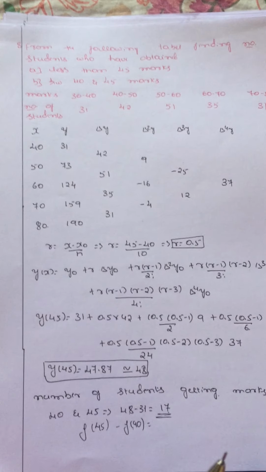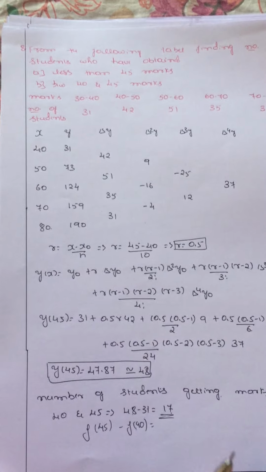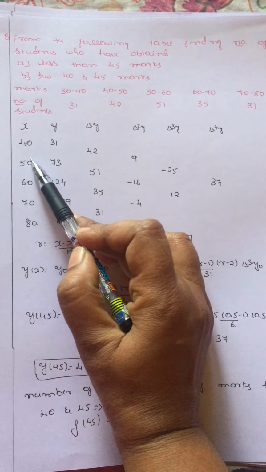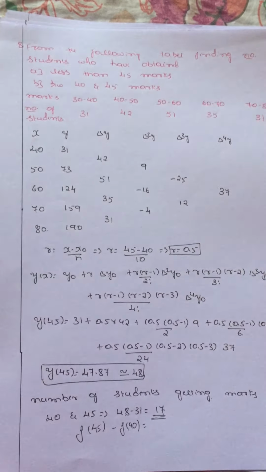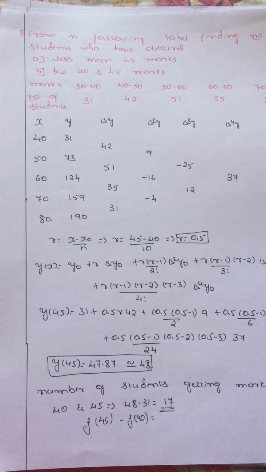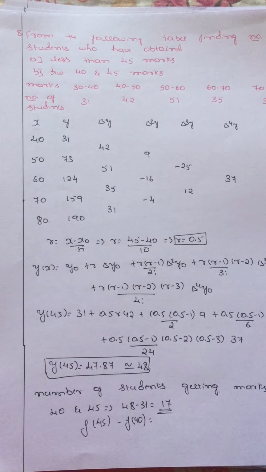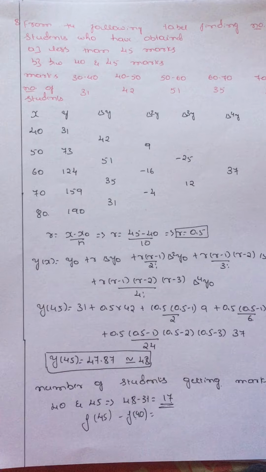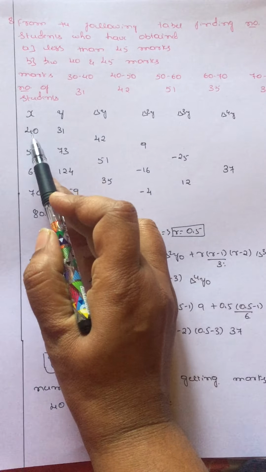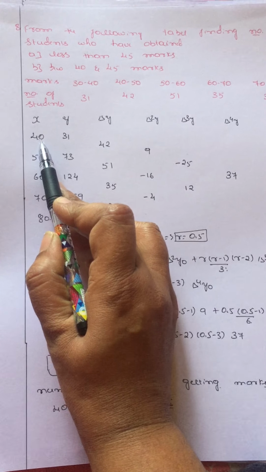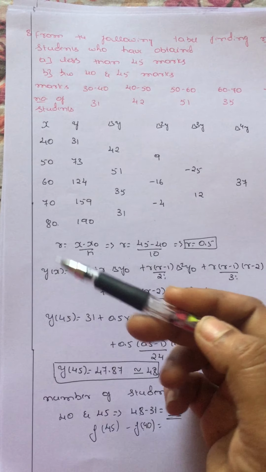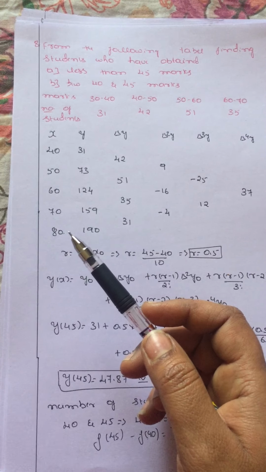Like that, we have to use the forward interpolation formula and also the backward interpolation formula. And the main thing here is that the x values must be equally spaced, that is, h is the same. Only then do we use either the Newton forward or the Newton backward interpolation formula. This is the most important point. If the x value is nearest to the first value, we use the Newton forward interpolation formula. If the x value is nearest to the last value or out of the range, we use the Newton backward interpolation formula.